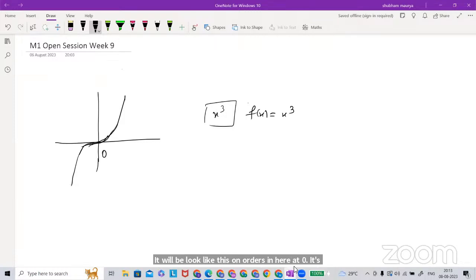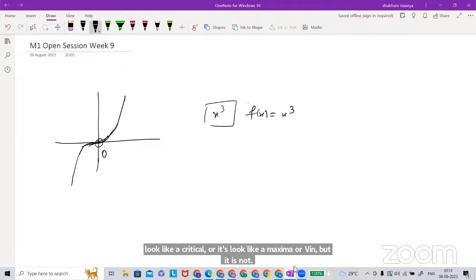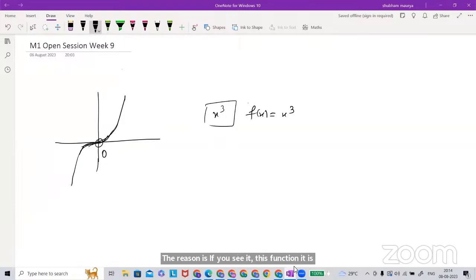It looks like a critical point, or like a maxima or minima point, but it is not. The reason is that this function is continuously increasing. Saddle point means there you will find the slope is 0,